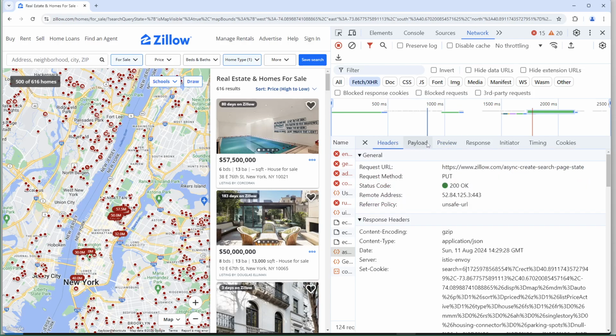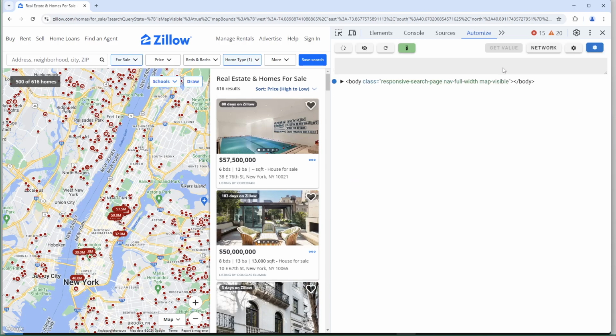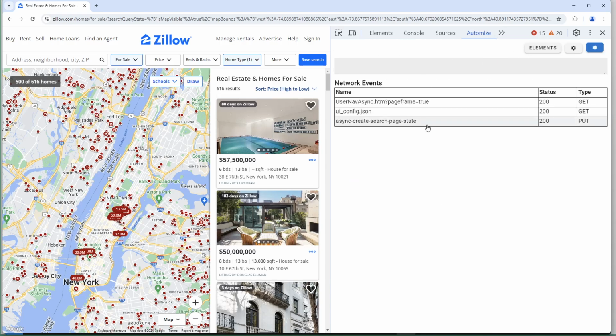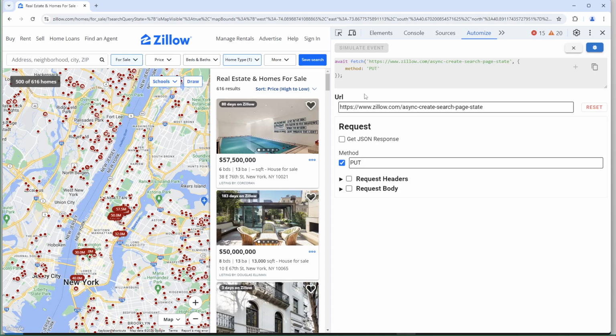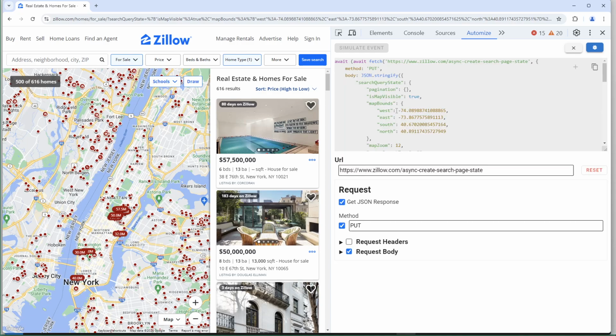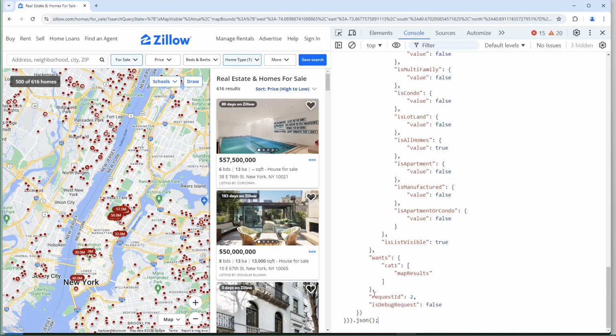And so you could copy all this stuff, but Automize also has this built in. So I'll just come here, network. It's this one, right? And this was actually a put request, which is funny. I also have it set on JavaScript. We'll just try this out. I don't really expect this to work because Zillow probably really doesn't want you to do this. I want the JSON output, and then we have to do request body. And we'll just see. I think the header should be set because I'm doing this in the browser. So now if I do this fetch request,